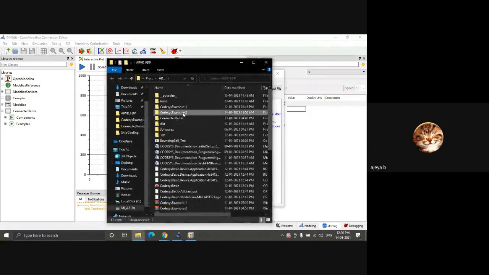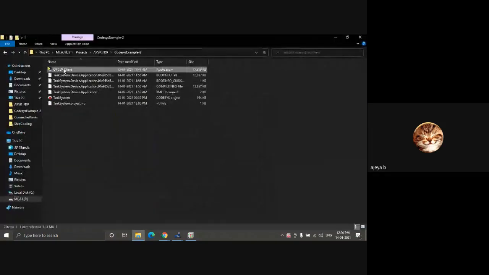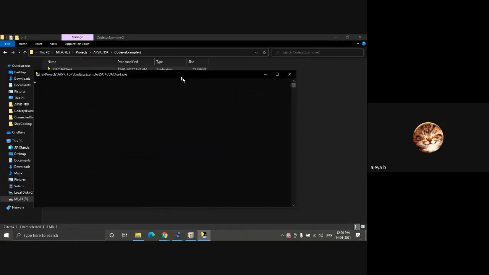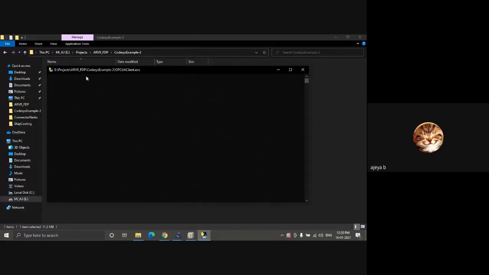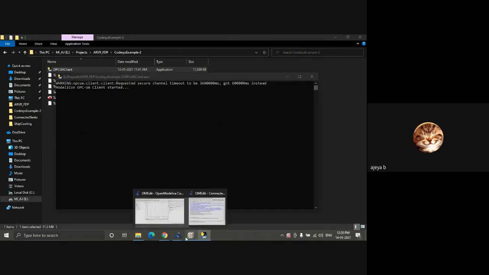So if your antivirus was not deactivated, here it will say archive problem. So that will delete the executable file. Now, if it is not, then it will run and it will say Modelica OPC UA client started. Now, if you see here, the communication in CodeSys is green. It has a default value tank, and then stop is highlighted, saying that simulation is in stop condition.